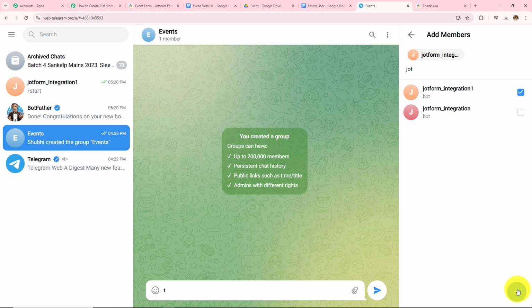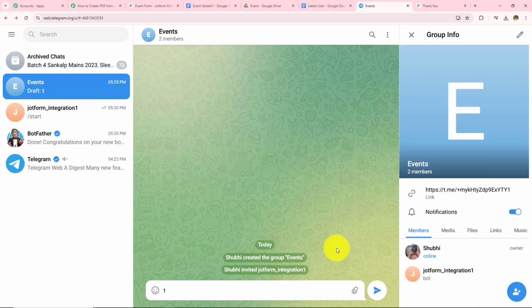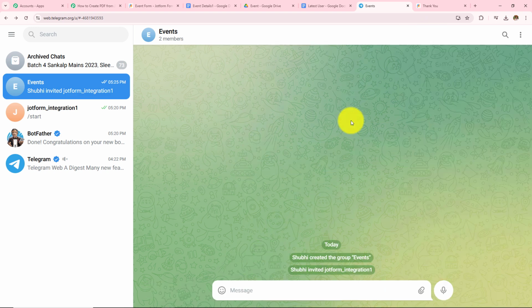So I'm going to add this. Now over here I have added this Jotform integration one, the bot that we have created, to this group. Now after adding this bot to my group, I have to open this particular group in my phone, and then I have to select my bot Jotform integration 1, where I will be able to find this option promote to